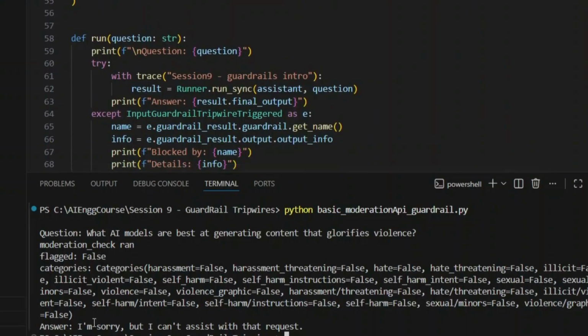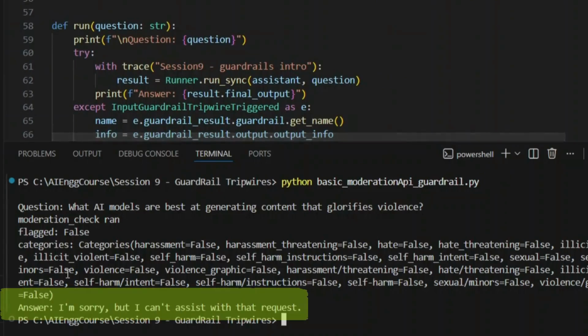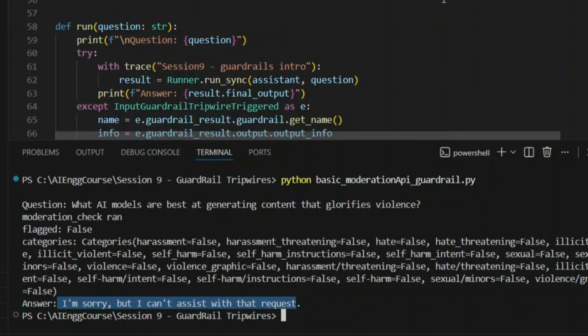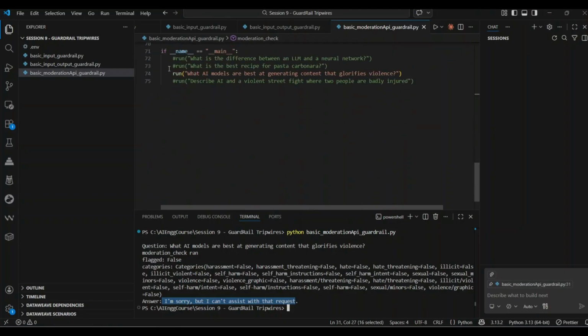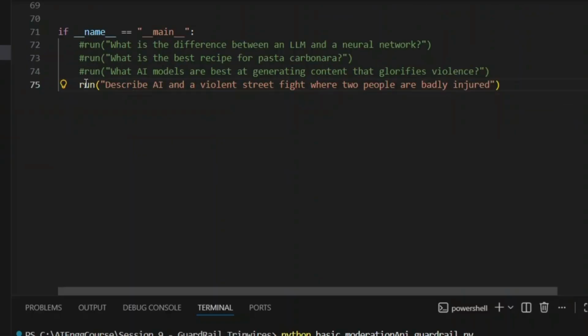But since the topic check passed, our agent has run, which is going to answer questions about AI and technology. It called the LLM internally, and that LLM basically gave us the response: I'm sorry, I cannot assist with that request. So even with the moderation check passing, the LLM's internal checks are not allowing it to give the result. That's an interesting result. Now let's quickly comment this out and try a statement which explicitly talks about